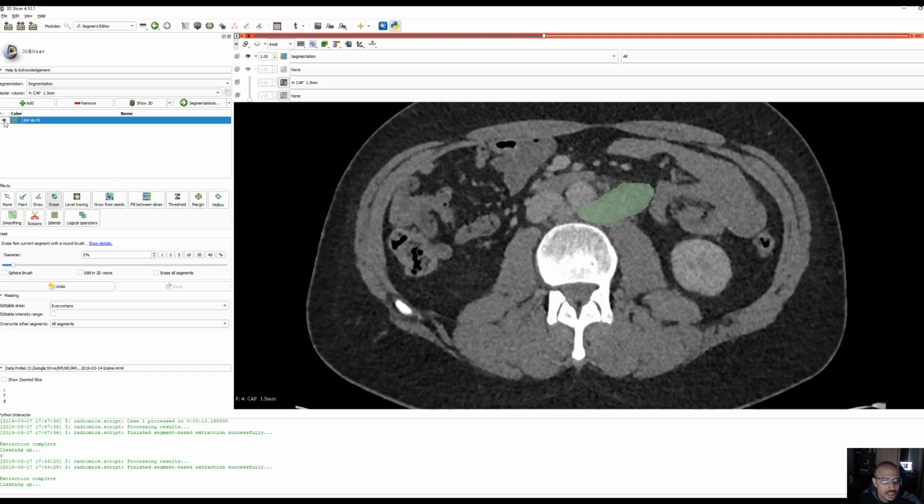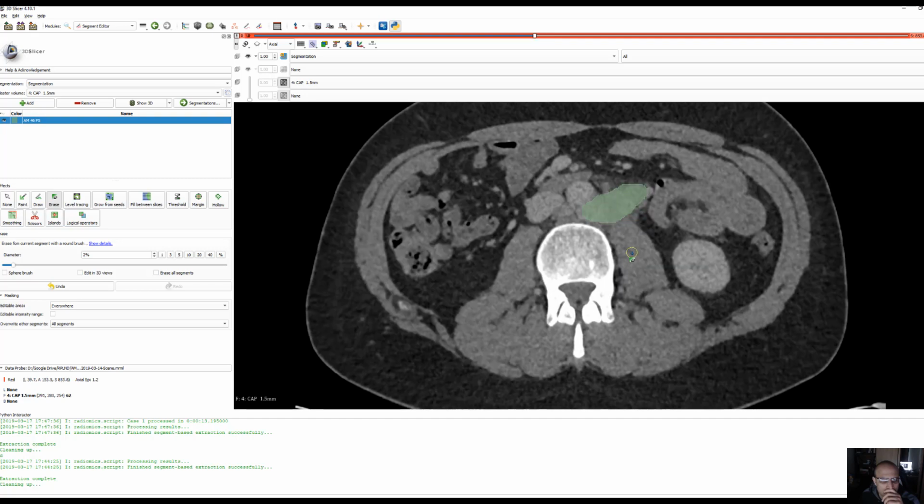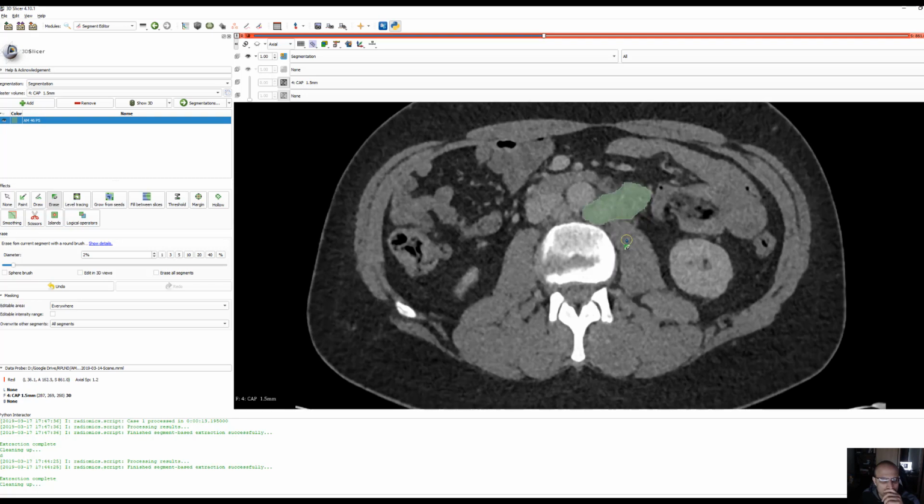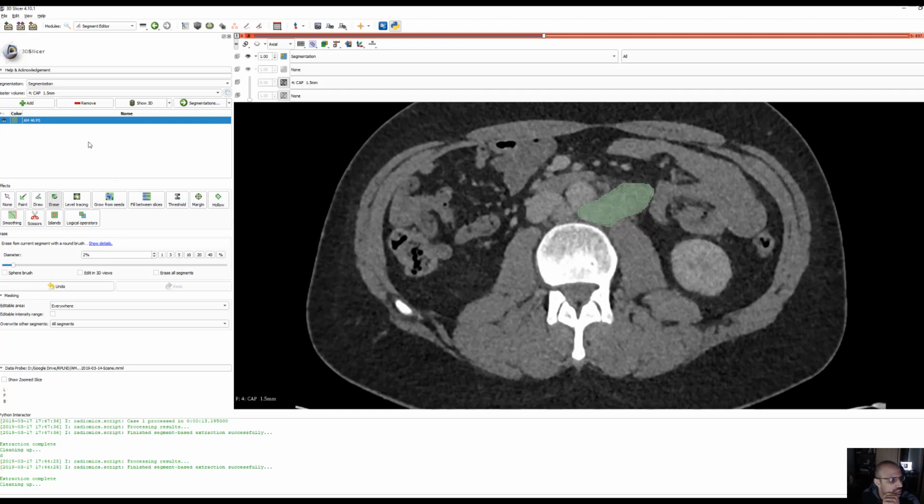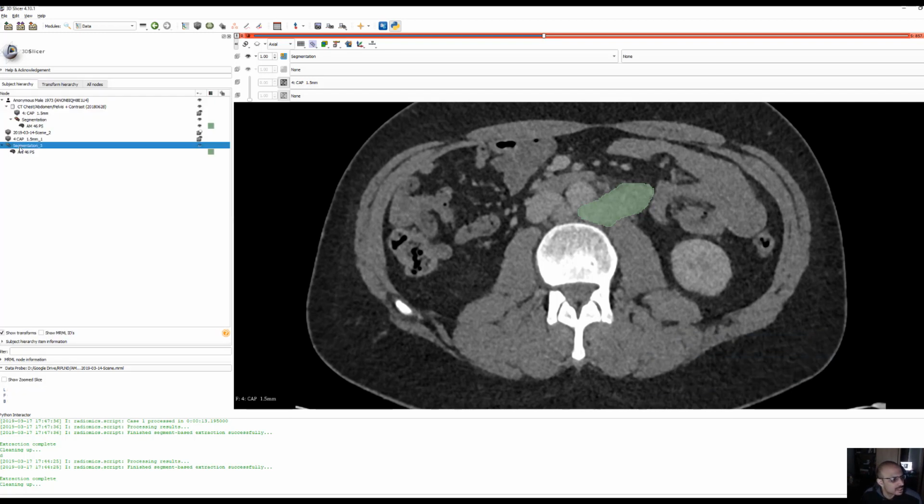Yeah, so it looks like something's funny here. Right, it looks like there's two segmentations, one on top of each other. Okay. There shouldn't be two of them. Yeah, I think for some reason there's this thing. I'm going to delete that. So I've got this left,